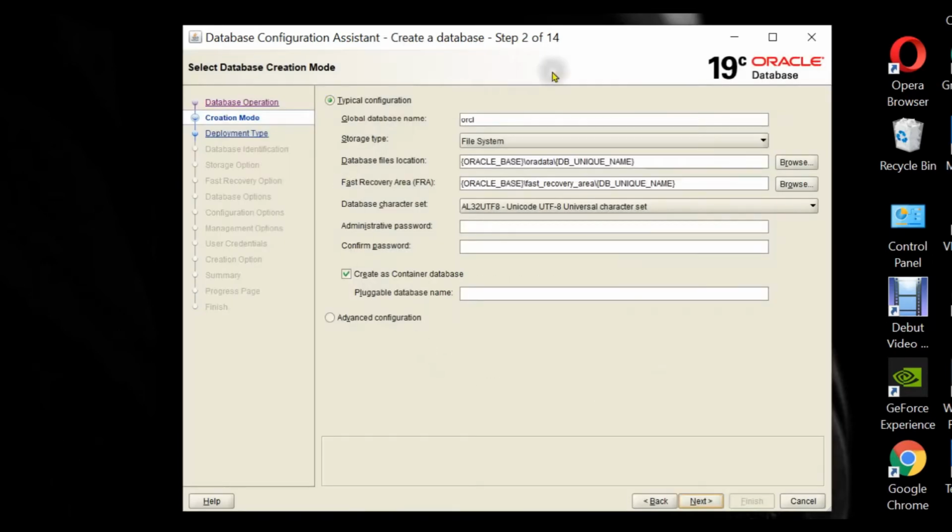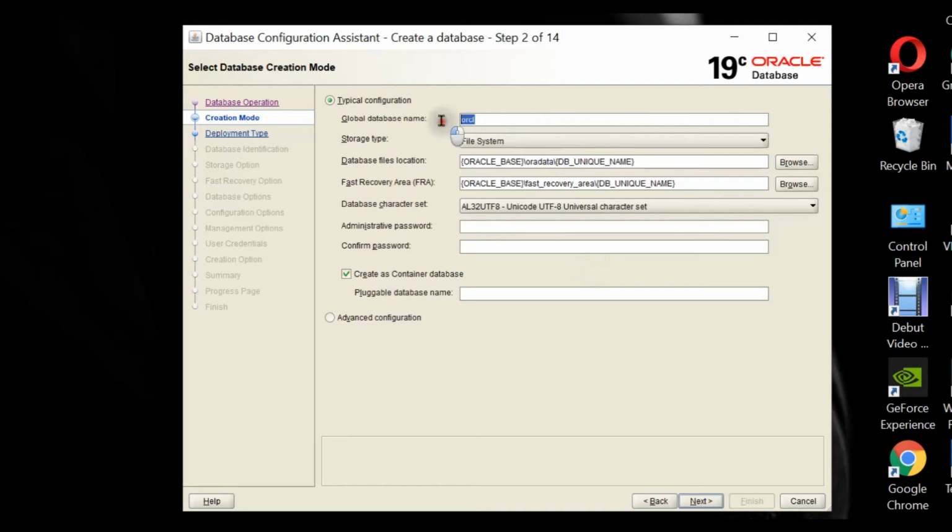So this is the configuration part where you are naming your global database as well as pluggable database and also providing a password. So for this video, I'll be giving a simple password, but you guys just make sure that you are giving a strong password and also that you remember it, because if you don't remember it, it's not a problem. You can recover it, but it is better that you remember a password or just give a password which is strong as well as you can remember it.